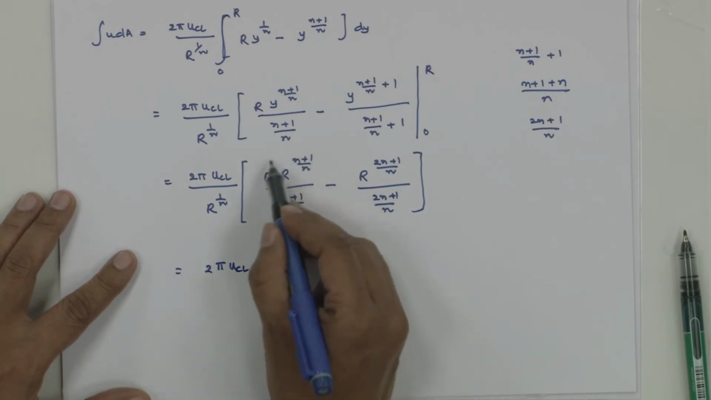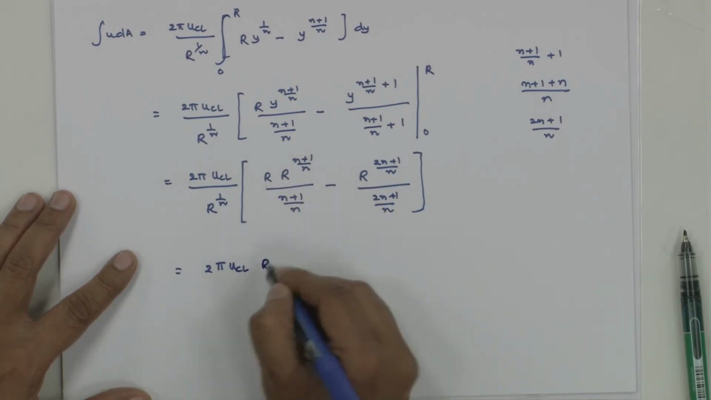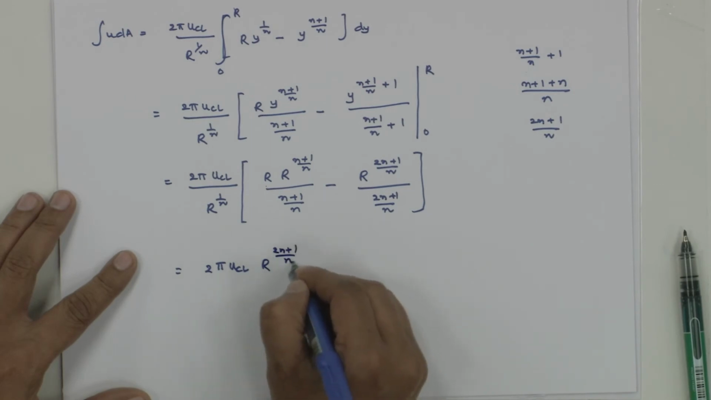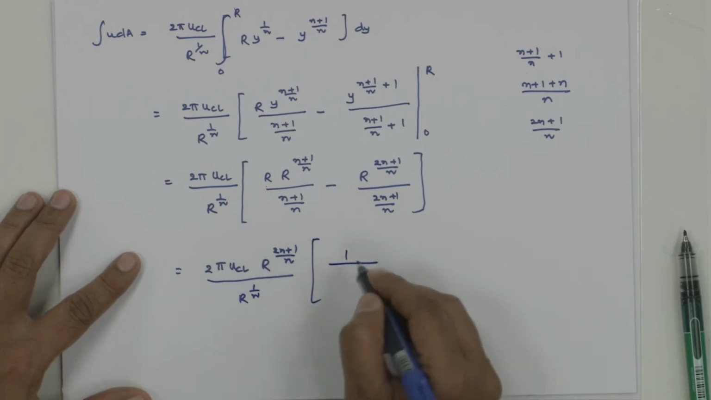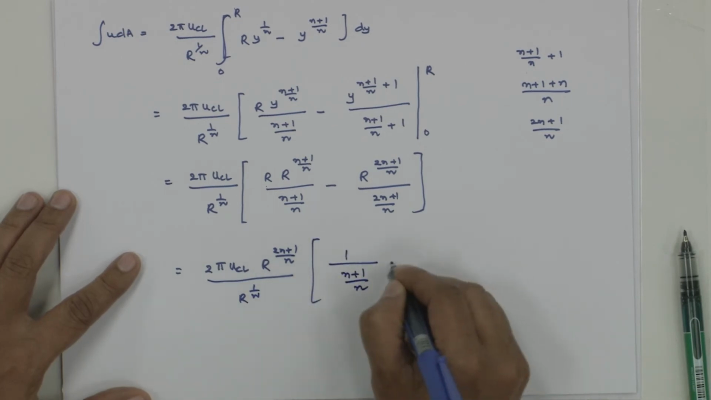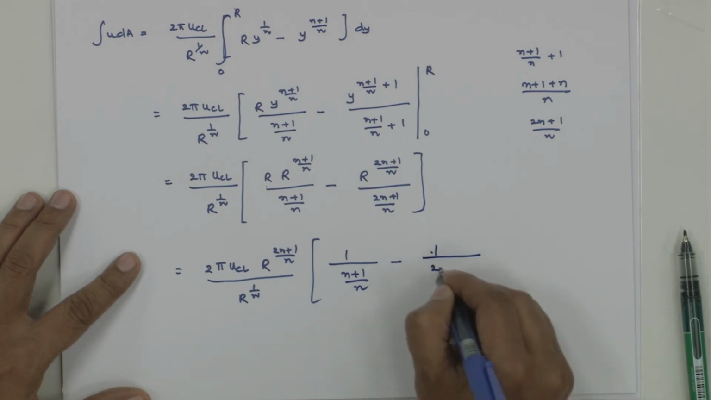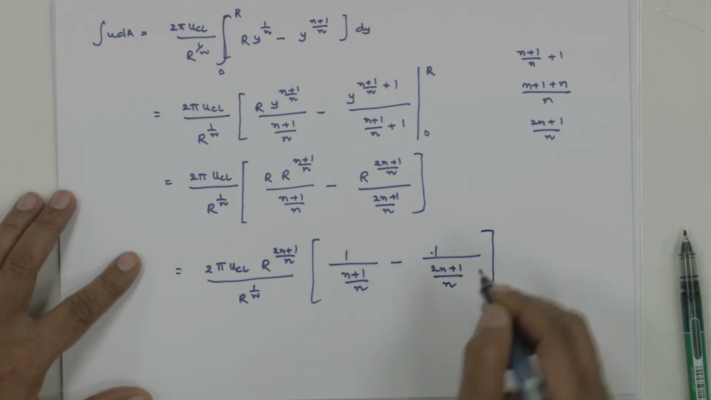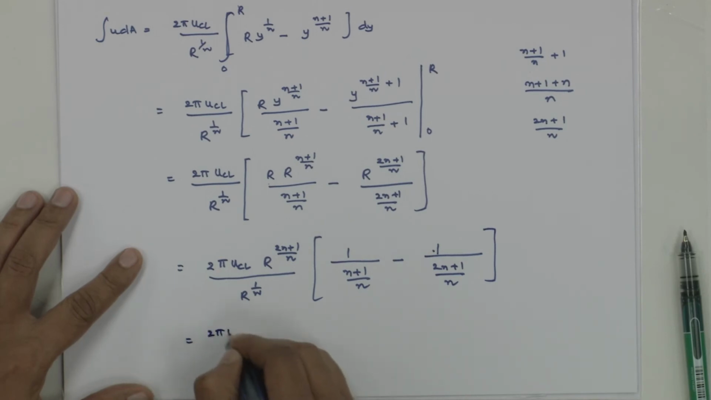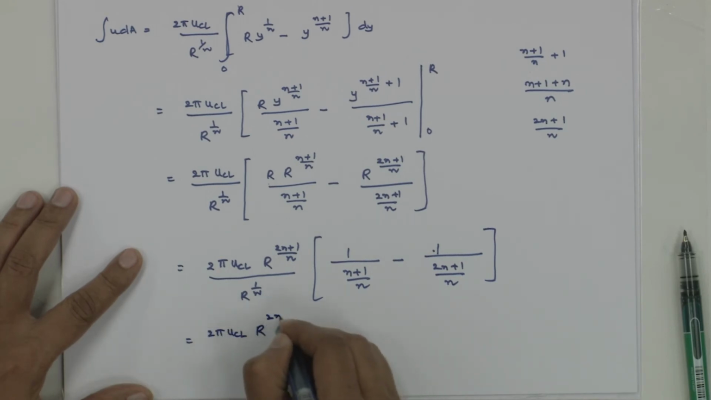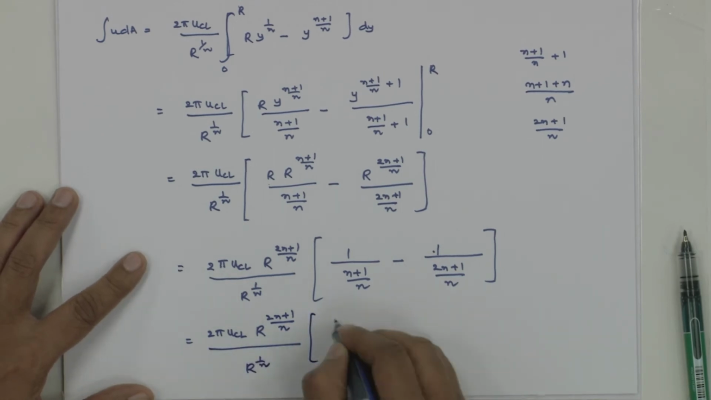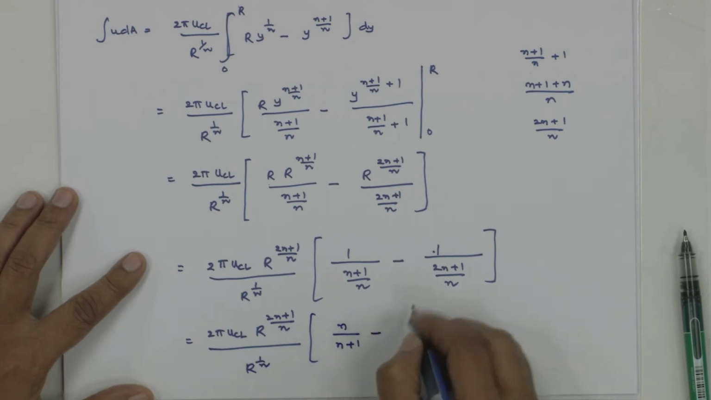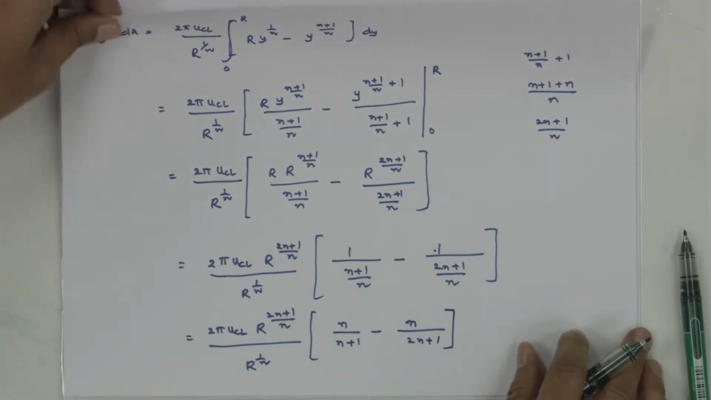This is also r^((2n+1)/n), so I can take out r^((2n+1)/n) upon r^(1/n) into 1 upon (n+1)/n minus 1 upon (2n+1)/n. So that is 2π u_CL r^((2n+1)/n) upon r^(1/n) times n/(n+1) minus n/(2n+1). So if I take out n common,